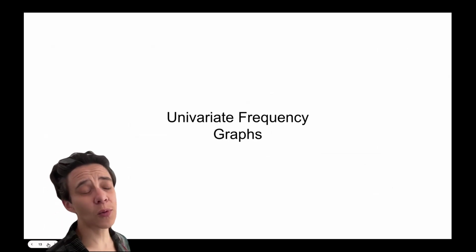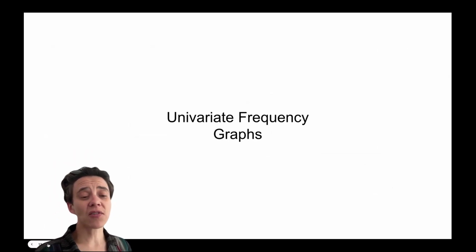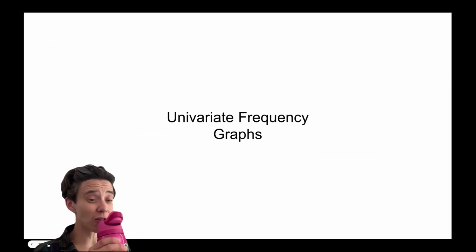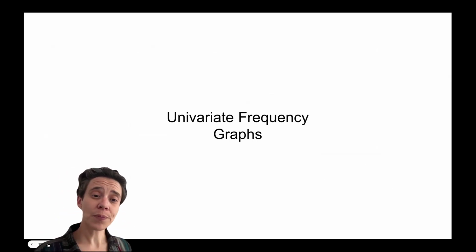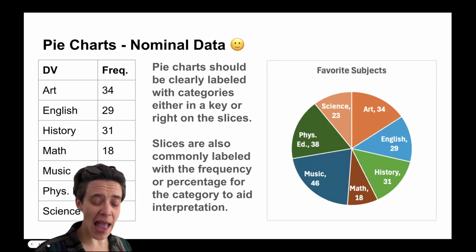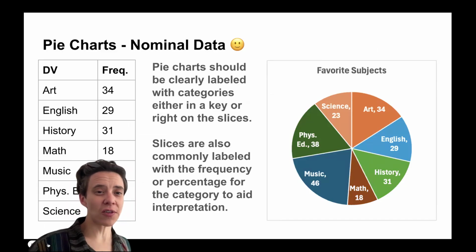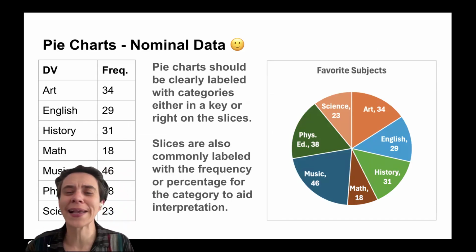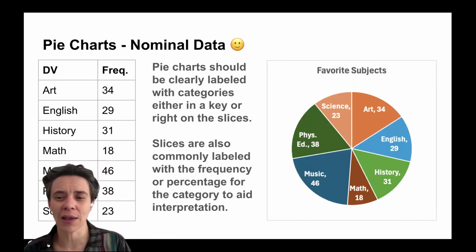All right, so next we are going to go over some of the more traditional graphs that I mentioned. So to start, pie charts. Pie charts are excellent for nominal data, as long as you don't have too many categories for your nominal data, in which case it just